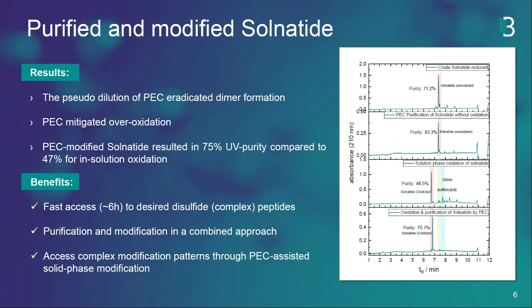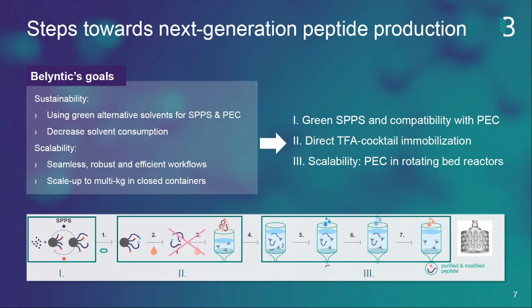Next, I will come to the second topic of my presentation, where Belintic steps towards the next generation of peptide production. Our Belintic is committed to sustainability. It prompted us to work in the field of green chemistry. So Belintic's goals are using green alternative solvents for SPPS and PEC and decreasing solvent consumption. We also want to provide a seamless, robust, efficient scale-up reaction, which can synthesize peptides in multi-kilogram scale in